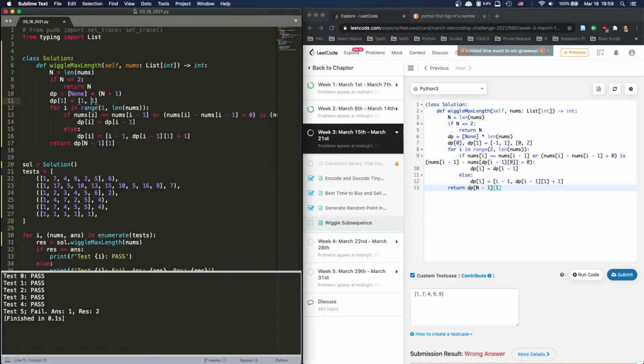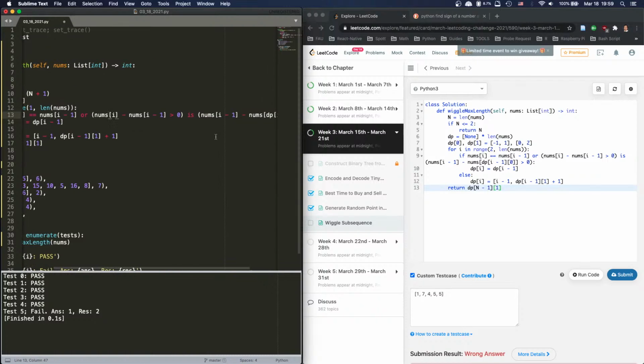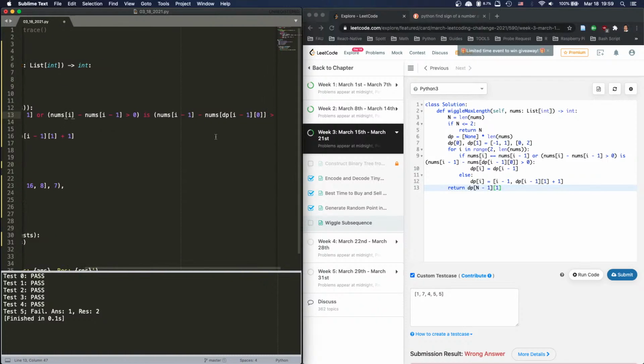Now the dp is going to be 1 based, but this is going to be 0 based. Okay, that's fine. So nums minus nums is larger than this minus nums dp i minus 1. Okay, dp i,